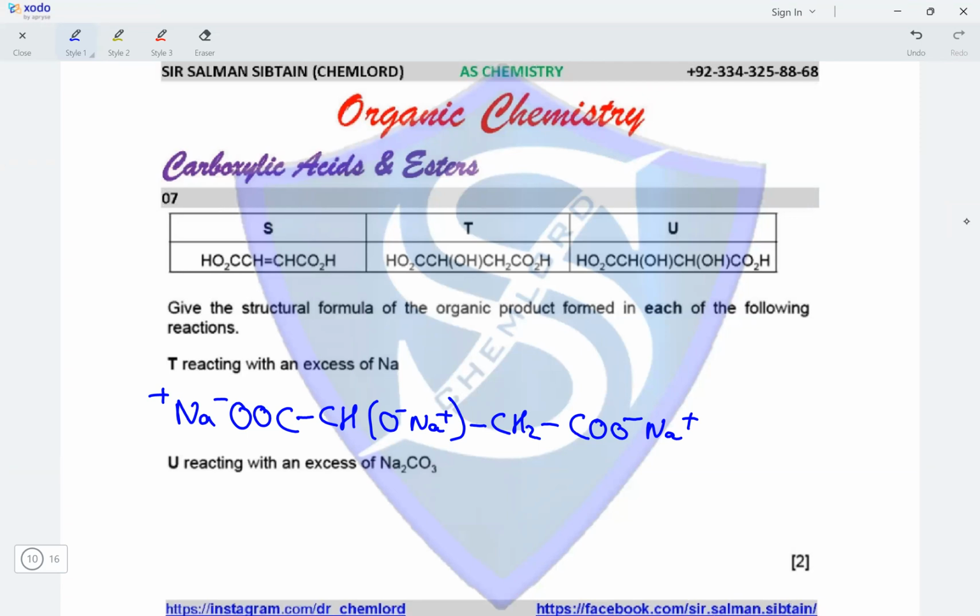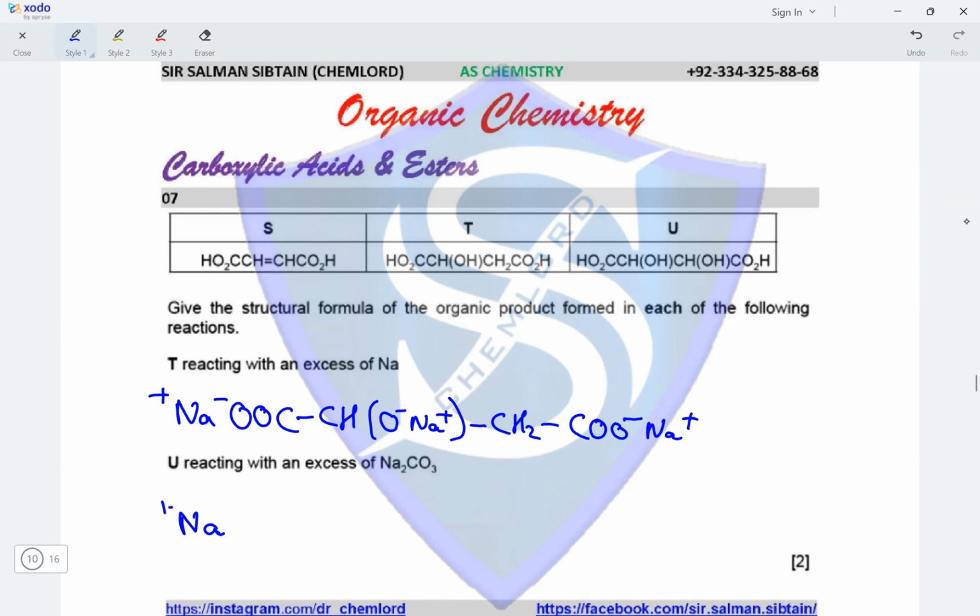U reacting with an excess of Na2CO3. In the structure of U, we can see that there are two carboxylic groups present and two OH groups present. Sodium carbonate would react with the carboxylic group and not with the OH group. So it would form salts with the carboxylic groups. So the product would be